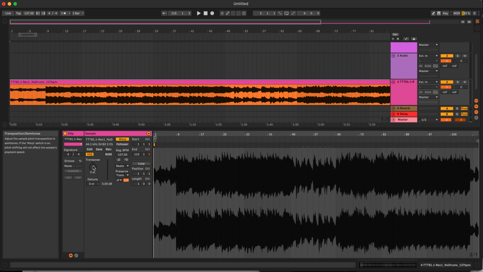If you wanted to transpose it, make it higher or lower or something like that, you can do that. That sounds like this. Right, like that kind of a thing. So we won't be using any of that. And then you've got what the segmented BPM is. This is what the track's BPM was that's built into it. So it's actually 137.05. I really don't know why I had such a strange BPM for that song, but regardless,